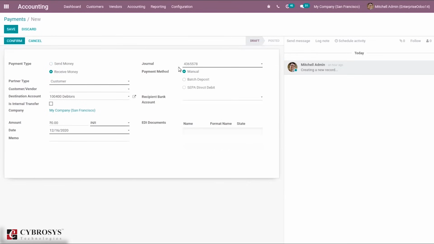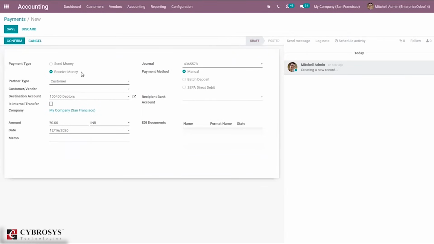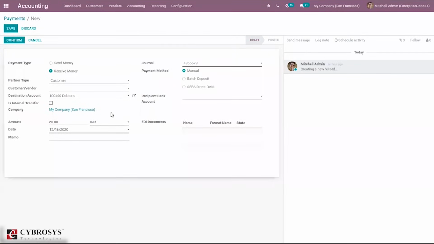And if you receive money, you can set the payment method, and here we can set the partner type, whether money is received by customer or vendor. Then if it is customer, according to that we can select the customer or vendor from here, and we can mention the destination account. Then we can mention whether this is an internal transfer or not.